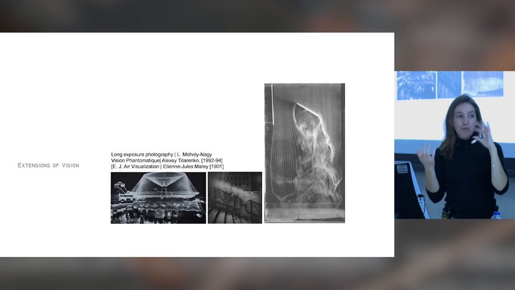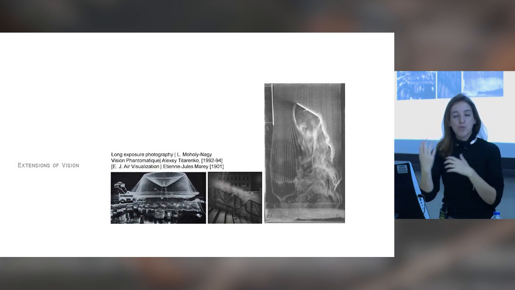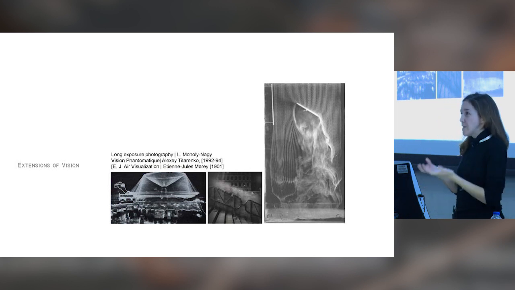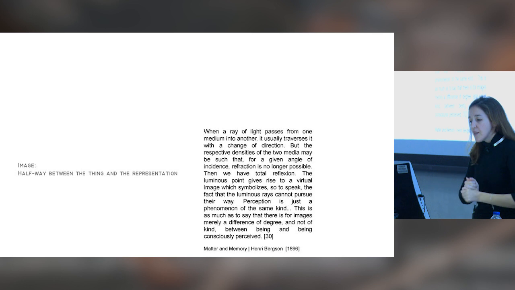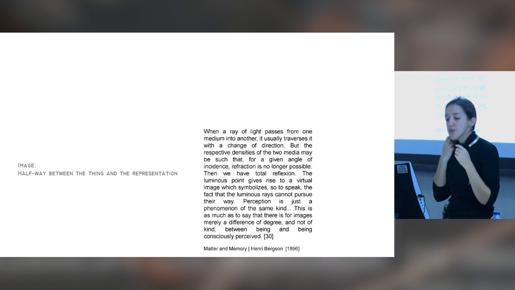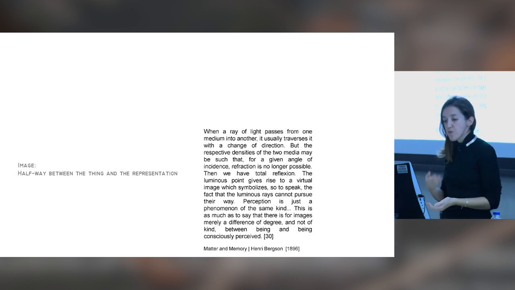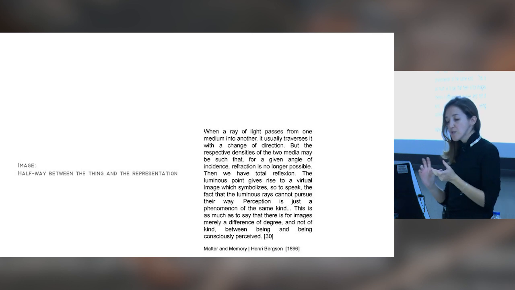that form is not directly bound to matter, but form can also emerge from light or from movement. So it comes down again to this question between what is present, the material, and that which is perceived. And this is where the idea of image becomes prominent again, because one of the personalities that took on this discussion of perception in modernity was French philosopher Henri Bergson, who offers to us this